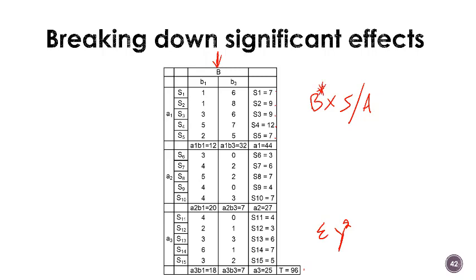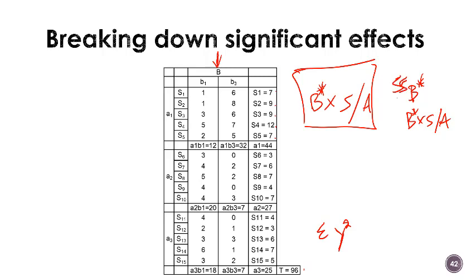And how that interacts with the subject nested within A is going to be different than when we had the full 3 levels of B. So that's why this has to be recomputed. And you can get the new effect for B, we'll call it the B star, and get a new B by S with an A star, and get the sum of squares for those. The pens are being funny. Get the sum of squares for those in order to get sort of an F star for the comparison. Right, so we're going to get an F for the comparison for B